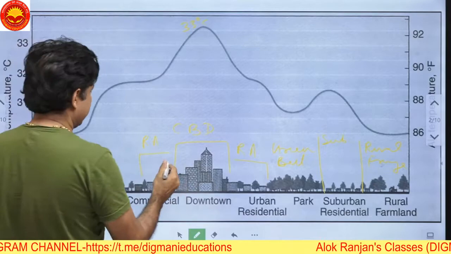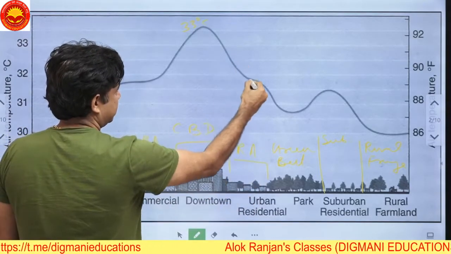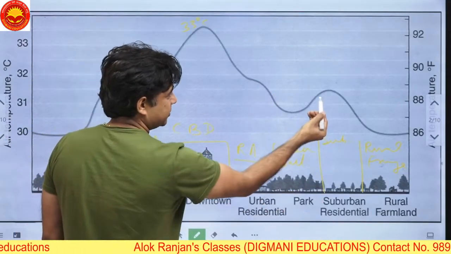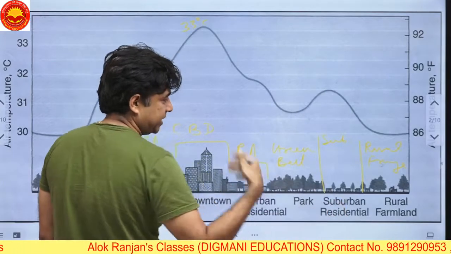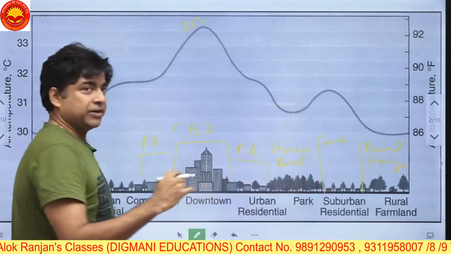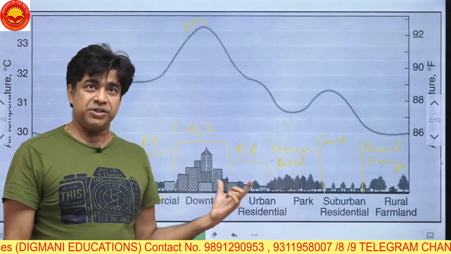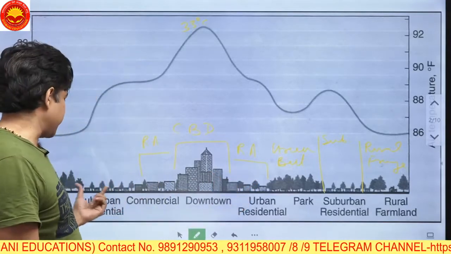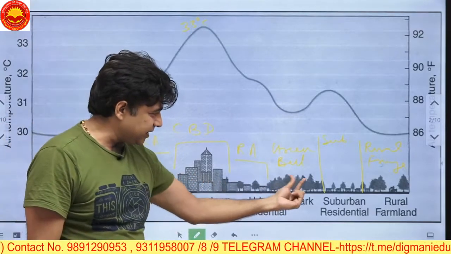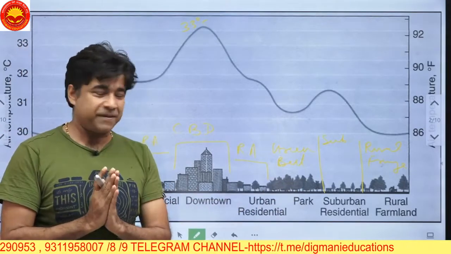And then you have the residential areas where the temperatures are falling, and it further falls where you have green patches. Again it begins to rise when you have the suburban development. Again the concrete structures are coming, and again it falls when you have the rural areas. So this is how the graph will be constructed for the urban heat island. You must use such a graph. You are not required to draw such structures or these fanciful buildings and these green areas, but you can simply show the graph and you will fetch good marks there.